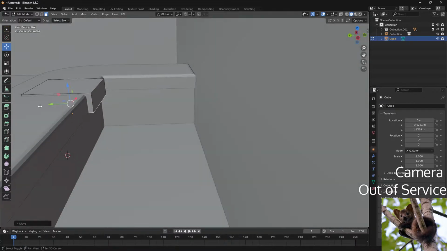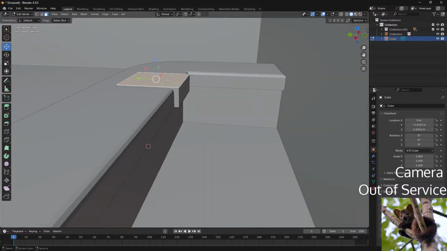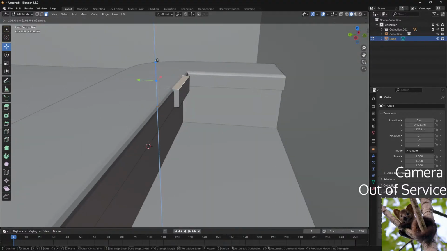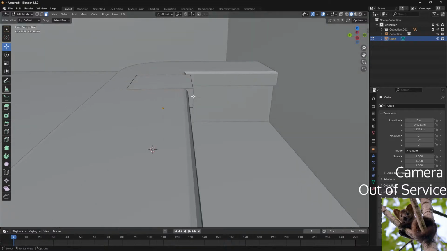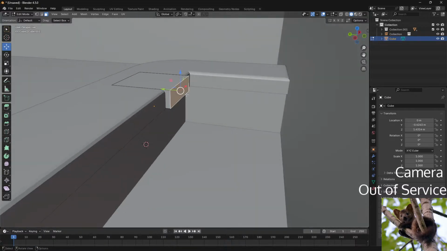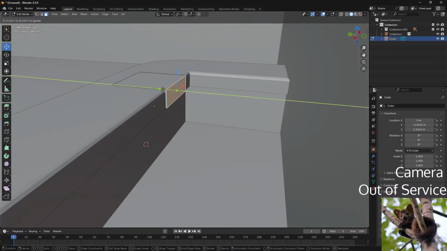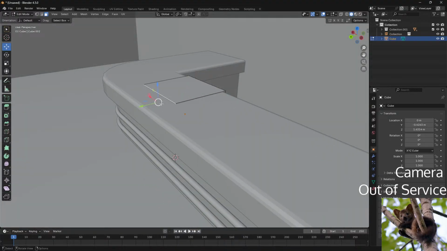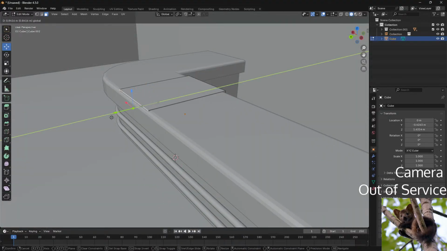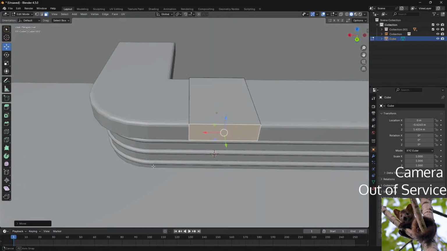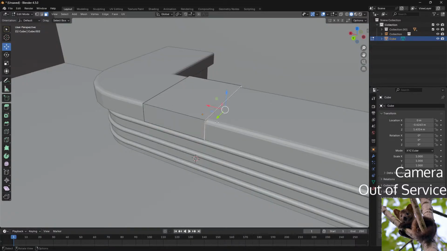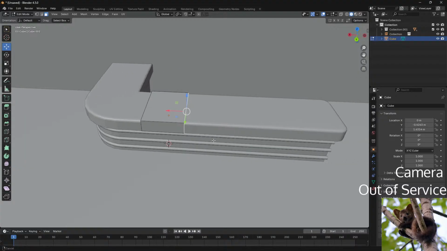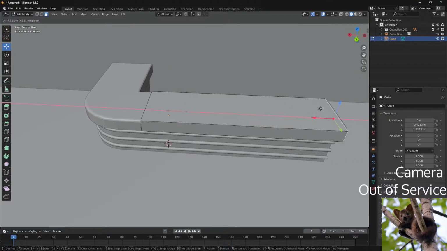I guess a similar size counter. Maybe make it squared. Well, actually, I could go for the entire countertop at once.